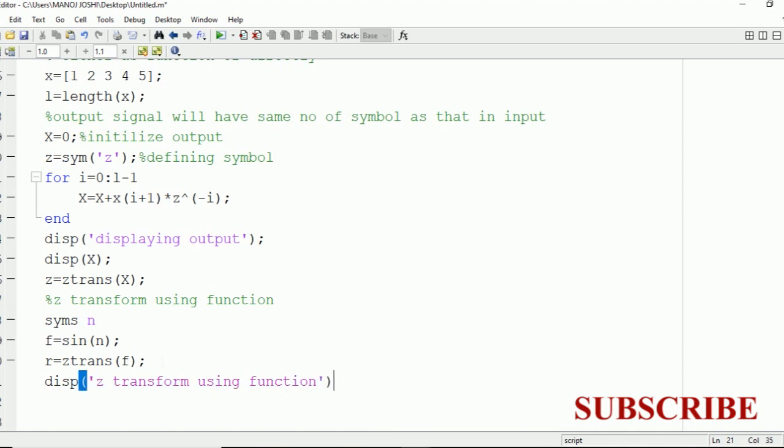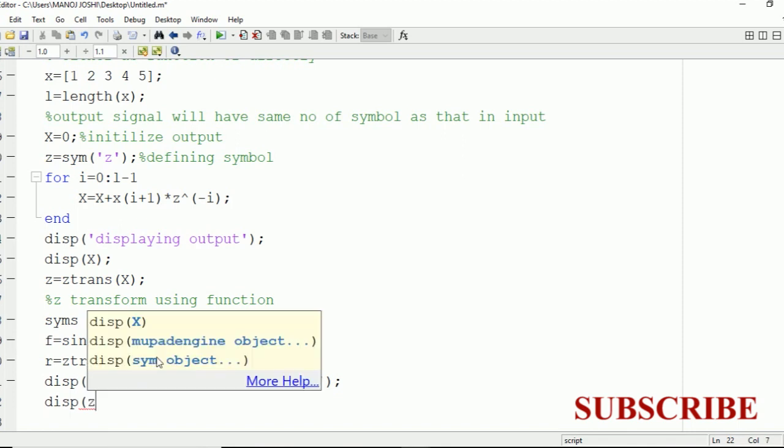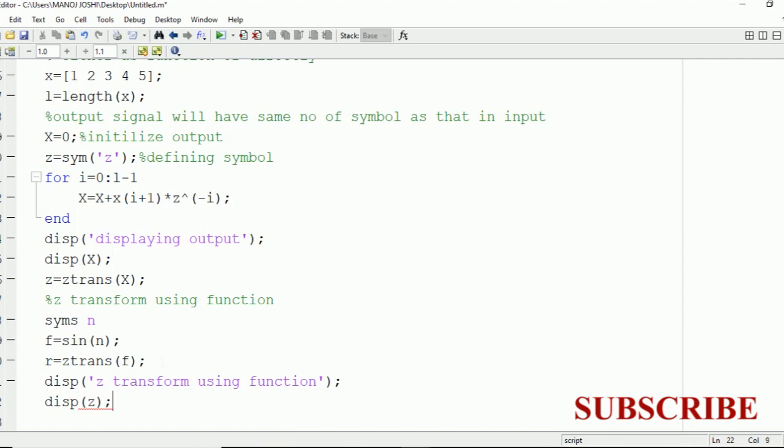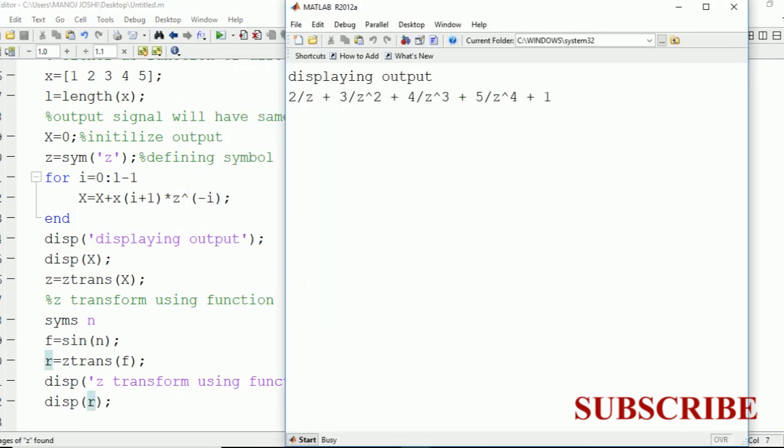After that we are going to write disp R. Now we are going to run it and see the output on the command window. Here you can see the output: Z transform using function, z sin 1 over z square minus 2 cos 1 into z plus 1.